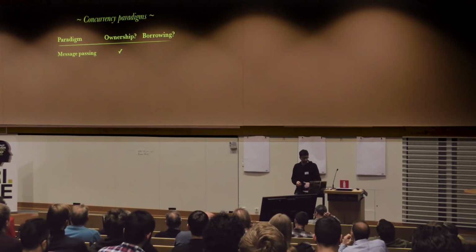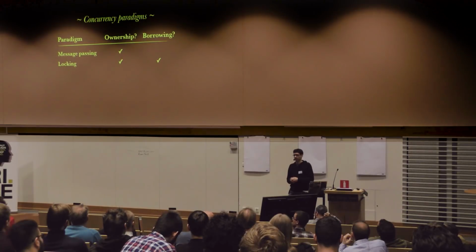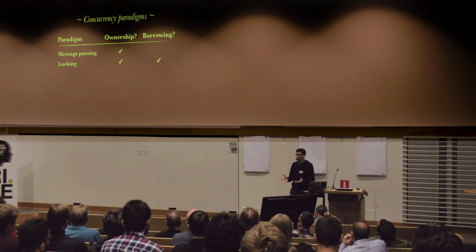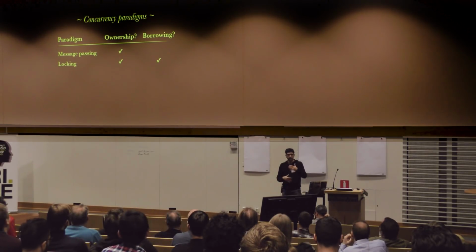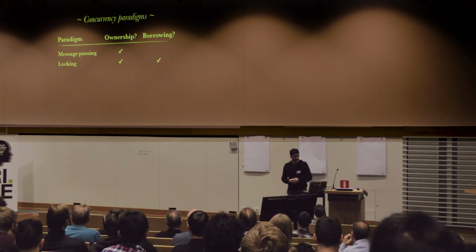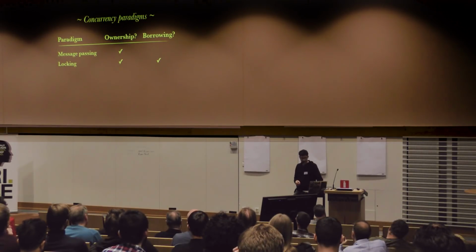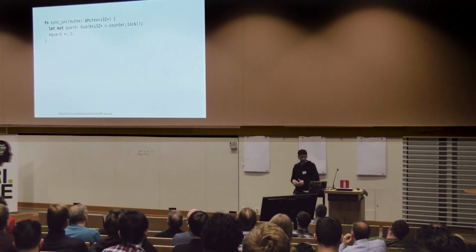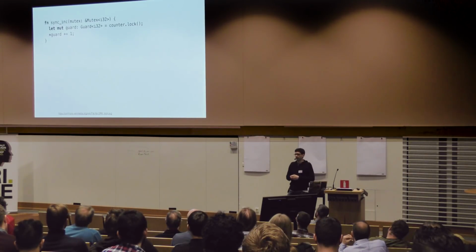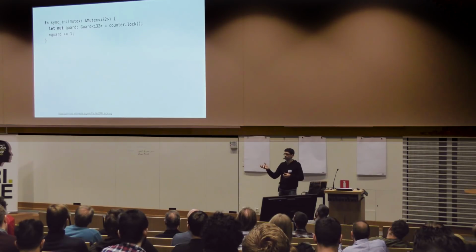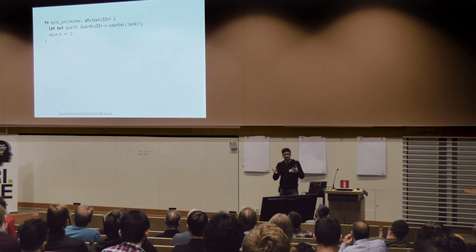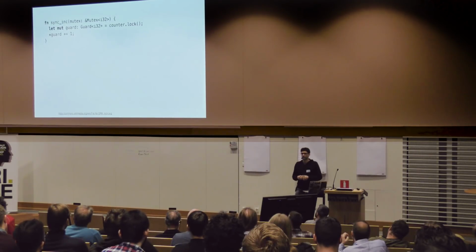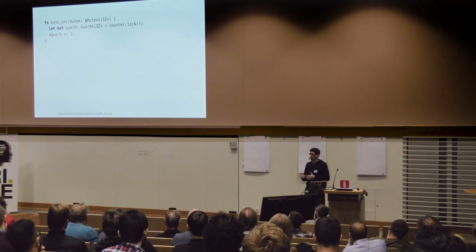But we can go a little bit further, and we can do some other kinds of patterns as well. And these are going to leverage the ownership and borrowing system to make these different APIs safe. So locking is a good example. It's not hard to know how to use a lock in the abstract. If someone tells you, okay, you have a lock, anytime you touch this data, you have to acquire the lock. That sounds easy, but it's very easy to forget to acquire the lock, or it's pretty easy to release it a little too early before you were really done.